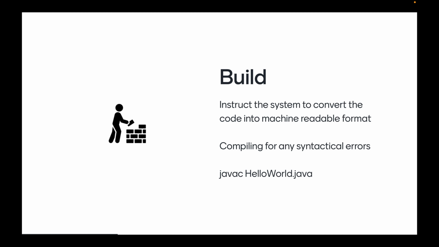The next stage is to convert the code written in a language to code which will be understood by a computer. In the build process, the system or the compiler will try to find the dependencies and compile to a machine readable format. For the previous program, it would be converted into a .class file, which is the bytecode understood by a JVM.